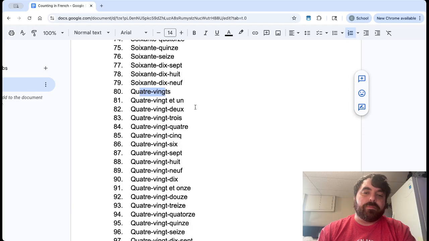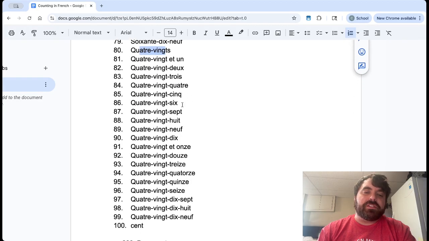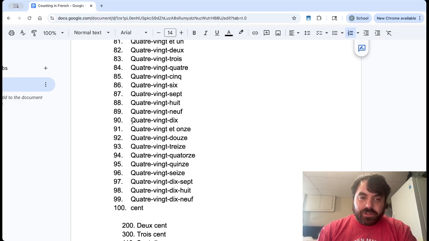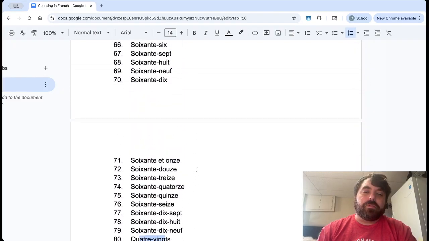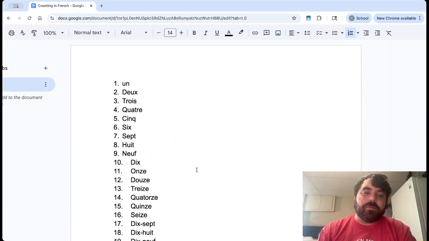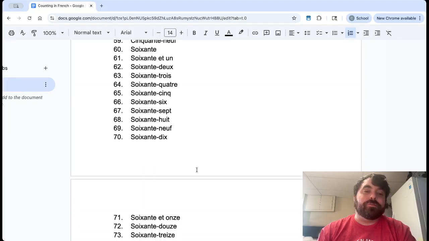And then it's 4 20s and 1, 4 20s 2, 4 20s 3, and so on going up until you get to 90, which is 4 20s and 10. And then we have 4 20s and 11, 4 20s 12, 4 20s 13, 4 20s 14, and so on going up. Now, the reason that the numbers really, really matter is that what we're doing now with classroom supplies